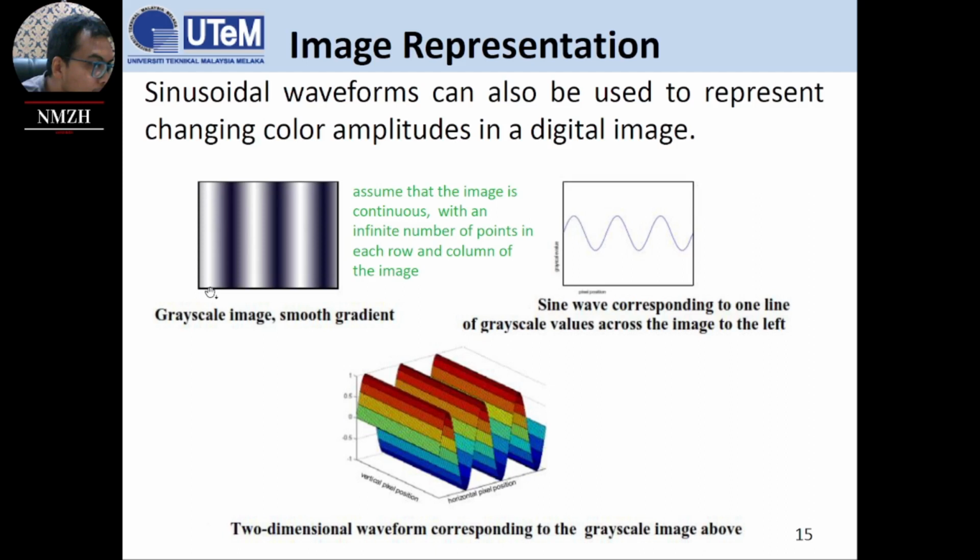So x from 1 to 5 is 0, meaning 0 area. So 5 to 10 is black, right? So we could see this phenomenon as a waveform. Let's say we see it from the horizontal axis. So we might see the intensity through this one. Imagine that we see from the bottom. So we could see that the white one is basically this. The black one is this, and white is this, black is this from the bottom.